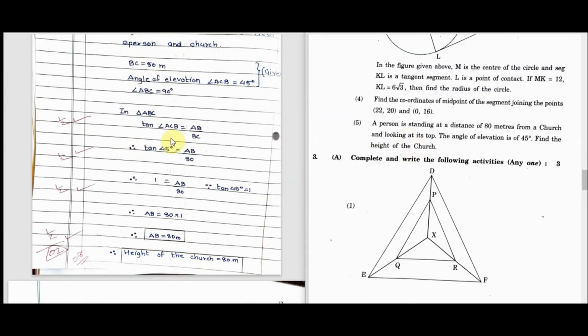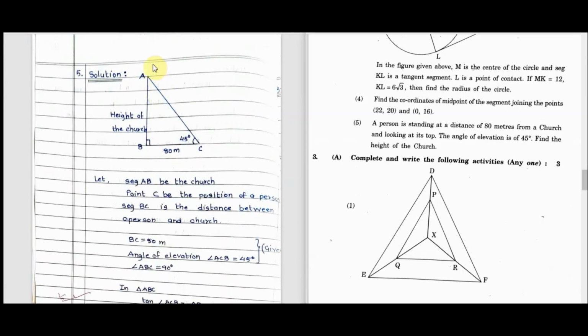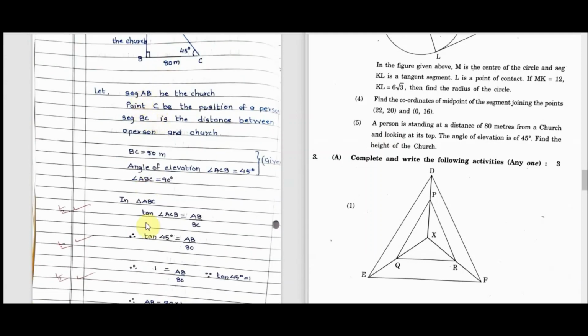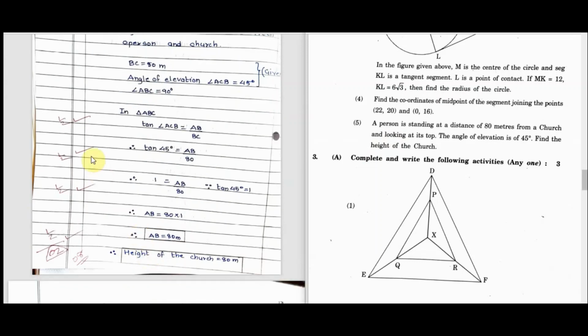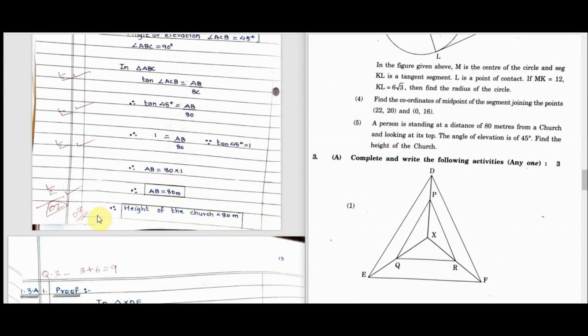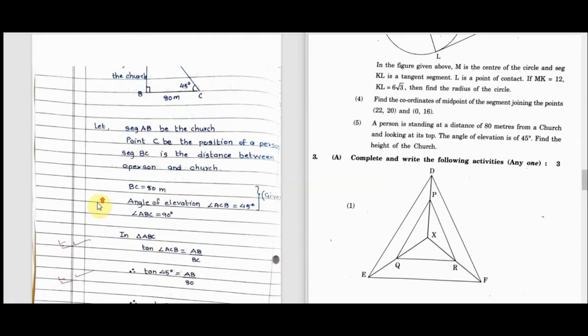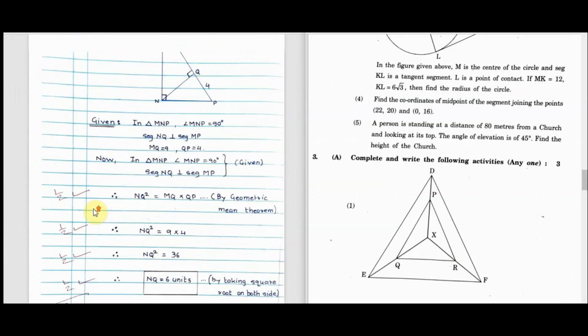So here the fifth one, again diagram is compulsory in this question. Without this diagram, this question will not be checked, because this is a trigonometric question and application based question. With the diagram only you will get the marks, otherwise you will get 0, although you have solved everything. Okay, so half mark for writing tan value, then substitution, and then calculation half mark. Like that you will get 2 marks. Total is 8 marks. Okay, so you got 8 plus 4, 12 marks on the top here.